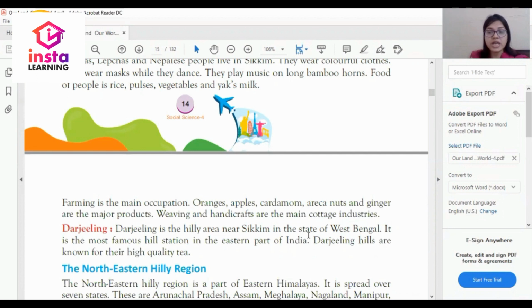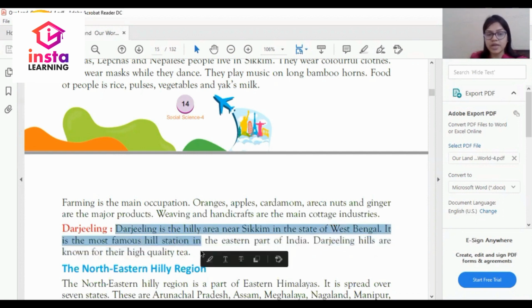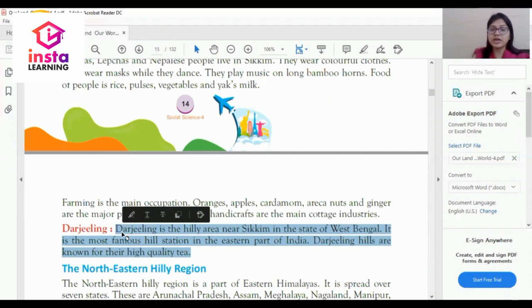Dear student, let's discuss the next one, which is Darjeeling. Dear student, as I am highlighting it, Darjeeling is the hilly area near Sikkim in the state of West Bengal. It is the most famous hill station in the eastern part of